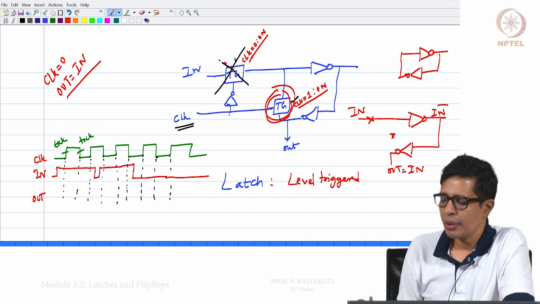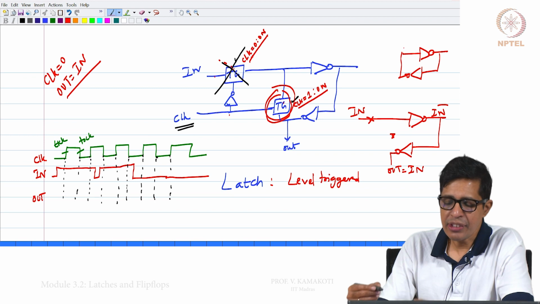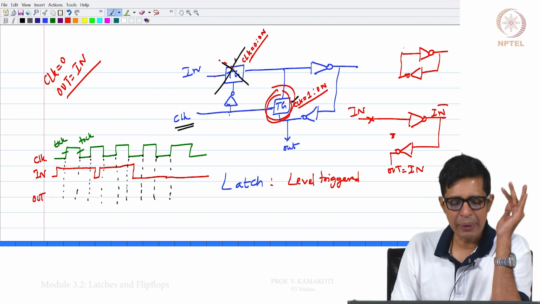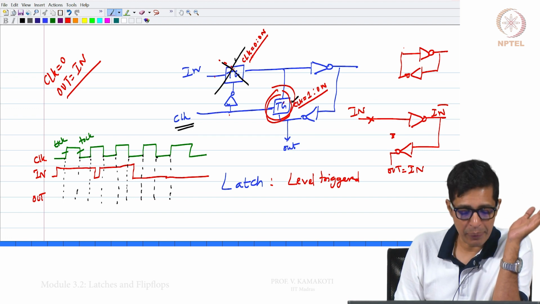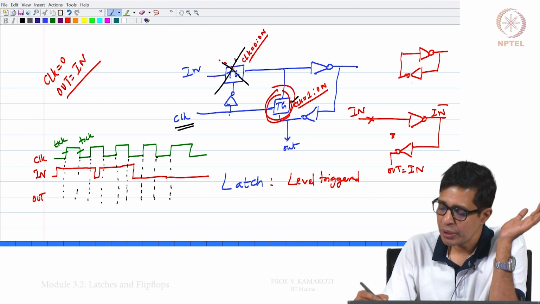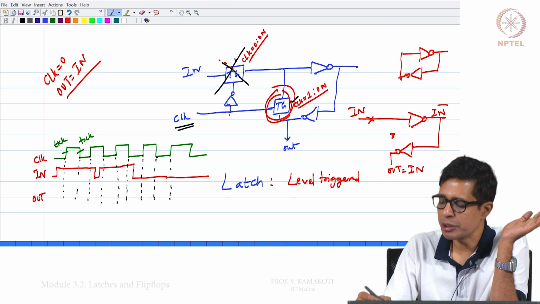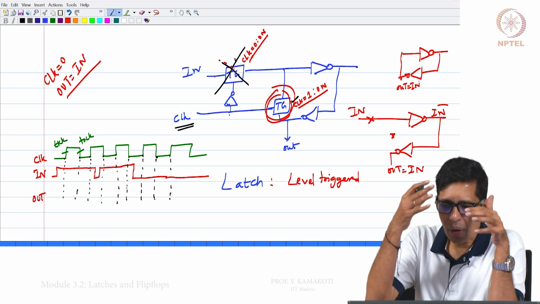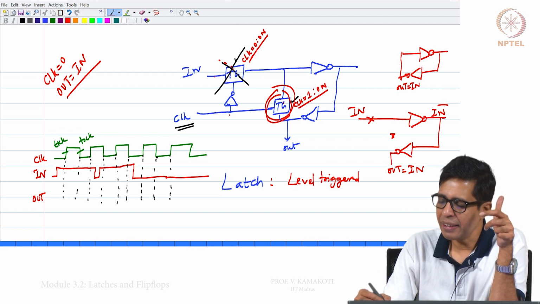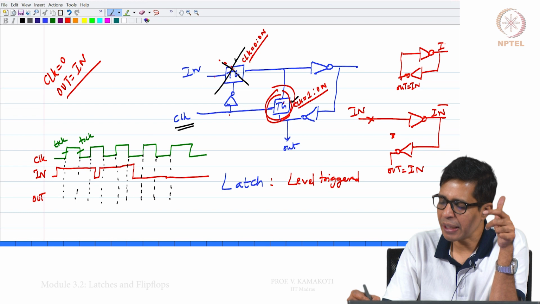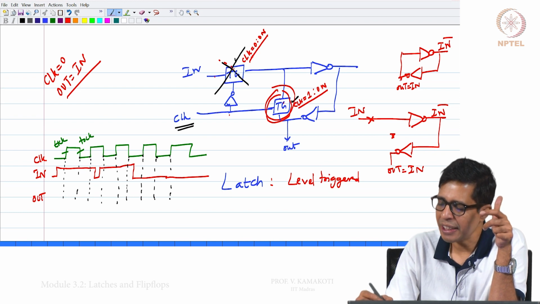So, just before the clock became 1, whatever was the value that would have been at this place, that out should be equal to that in. So, when the clock actually becomes 1, that value in will be fed here, this will become in bar, that again in bar is in.